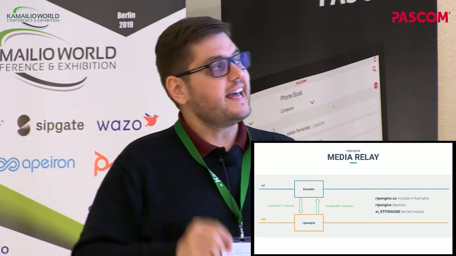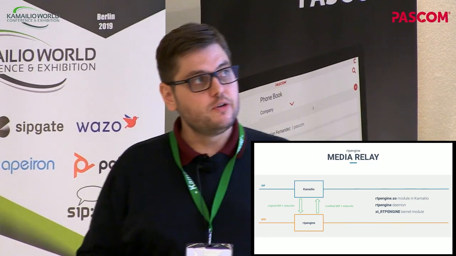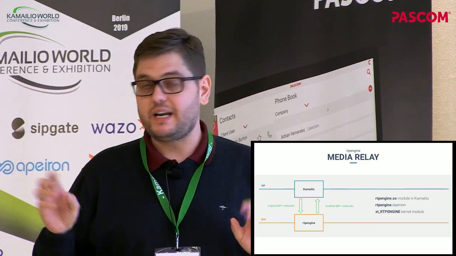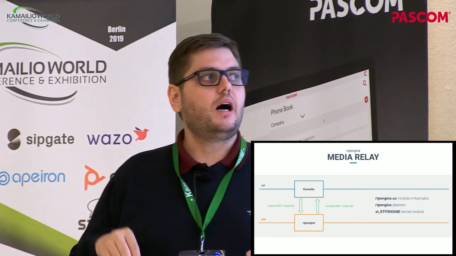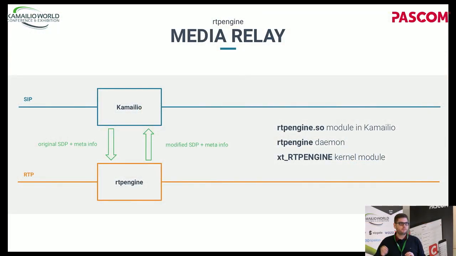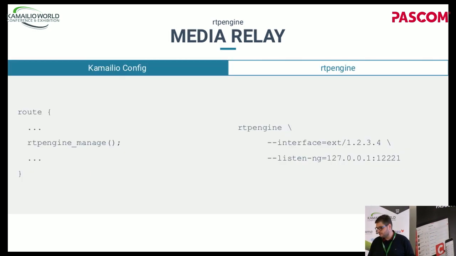The way these things interact is you have an RTPEngine Kamailio module, basically a drop-in replacement for RTP proxy. This RTPEngine module in Kamailio communicates via a particular protocol. It's a bencode protocol, something like JSON, but more lightweight. It communicates with the RTPEngine user space daemon, and the daemon basically controls an xt_RTPENGINE kernel module. And the kernel module does the forwarding.